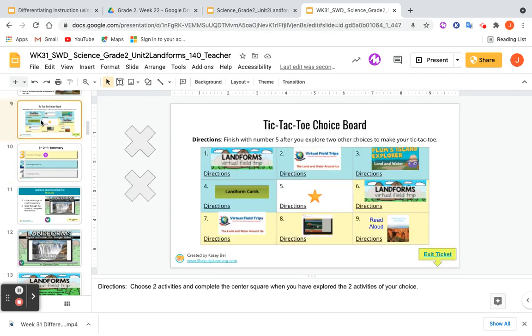I'm going to go back to the choice board and I'm going to show you that I have made X's and I put them in the white space. So this white space is available to use for students. A lot of times I'll put little text notes and little notes,